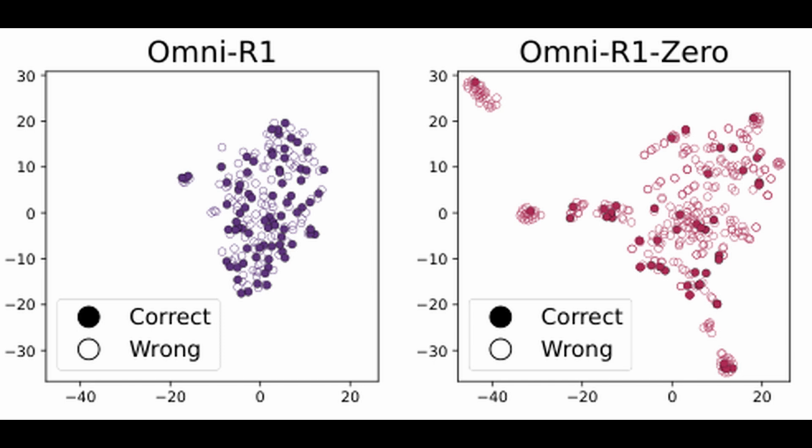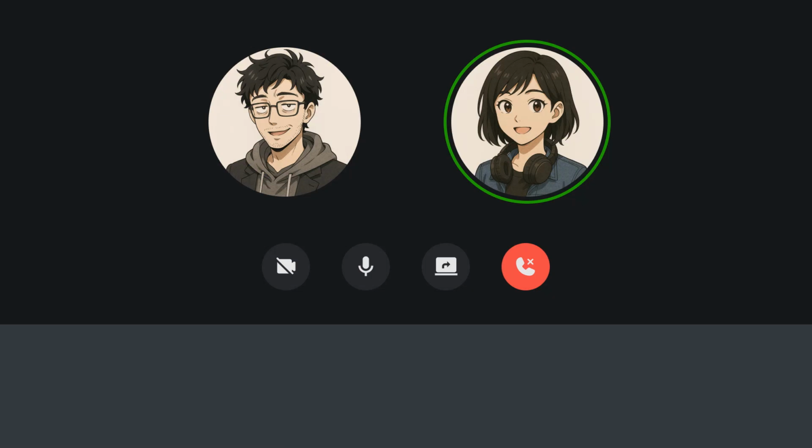This is a t-SNE projection of the reasoning traces from both models. You can see that Omni-R1 on the left has more compact, concentrated clusters, while Omni-R1 on the right is more dispersed and multimodal. The authors interpret this as showing that trace supervision in Omni-R1 promotes canonical and stable generations, while the reward-guided approach in Omni-R1 encourages broader exploration that can still support correct decisions. In other words, Omni-R1 is finding more diverse ways to solve problems, which might actually be an advantage in some